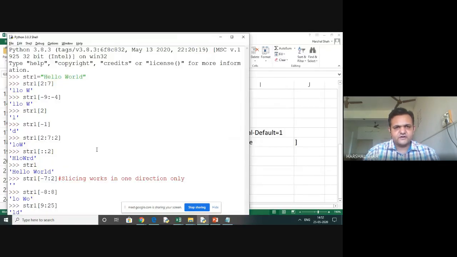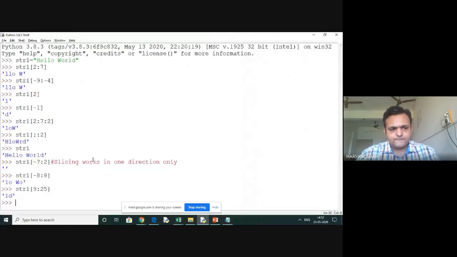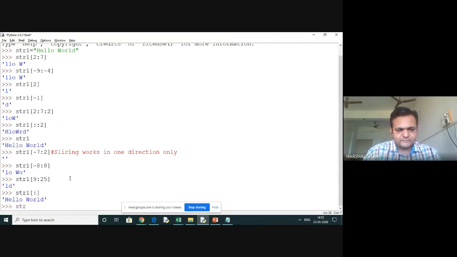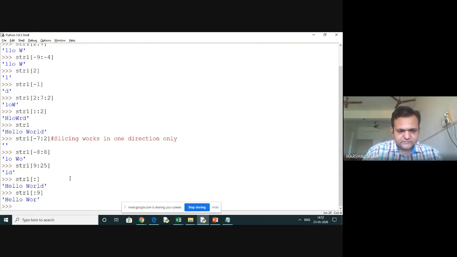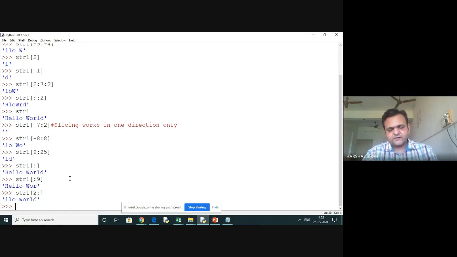So when you don't mention them, it gives us the complete string. You can see here, I'm not mentioning any of that, and hello world completely comes. If I don't mention a beginning, I can consider that I'm starting from the start, and it will print up to this. If I say I want from this and I'm not mentioning the end, it will go up to the last character of the string.